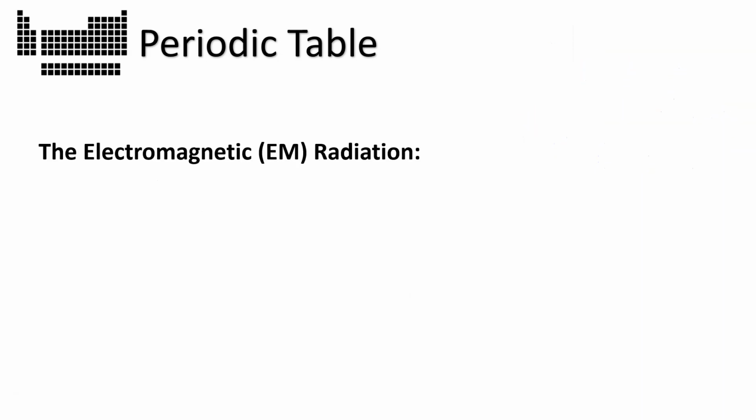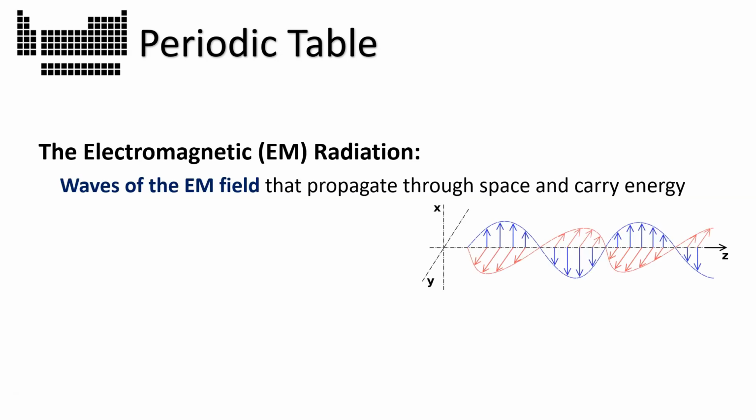Let's start off and just define electromagnetic radiation and what it is. It can be kind of difficult to understand because it's not immediately recognizable, so just go with me here and you'll eventually be able to piece this together. But this radiation, they are waves. It's one way to think about it. Technically, waves of something known as the electromagnetic field, and they propagate through space and carry energy.